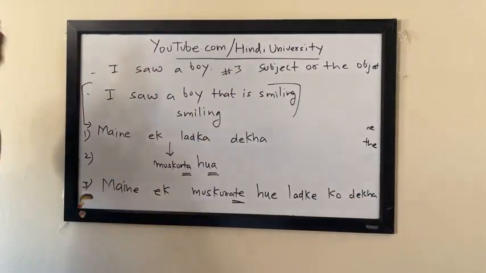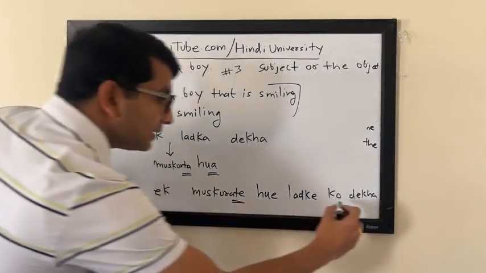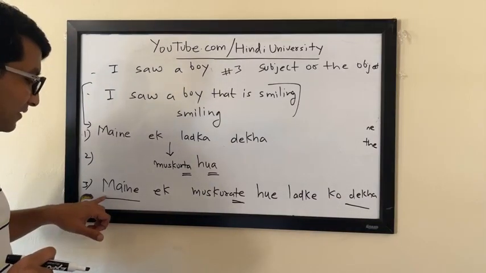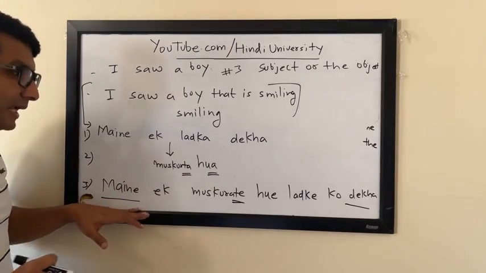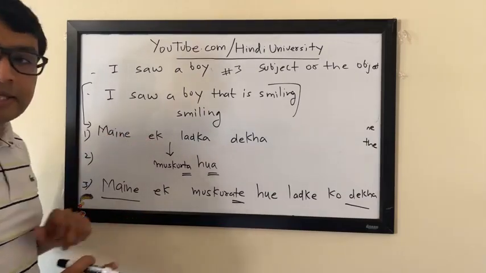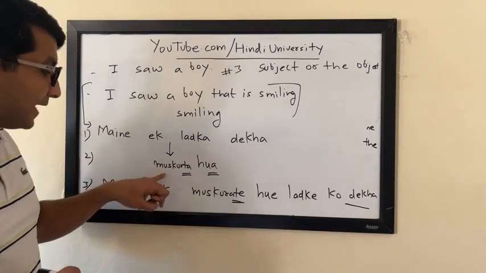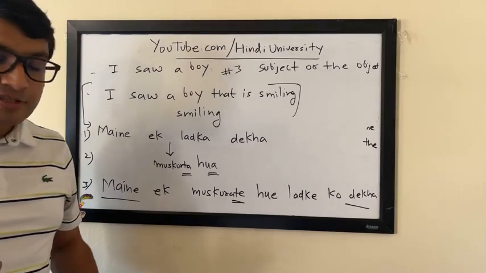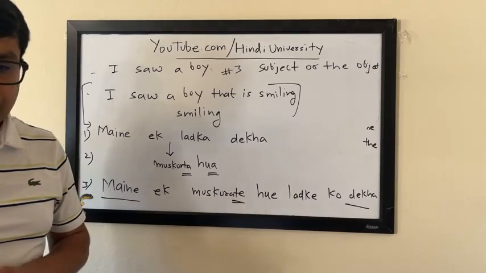Okay, for beginners, bear with me, this can be really complicated. So really the basic sentence was मैंने देखा, I saw. That itself is hard sometimes, like, how do you put ne here? मैंने देखा. Okay, that's what you started with. Then you said, आपने क्या देखा? मैंने एक लड़का देखा. Then you said मैंने एक मुस्कुराता हुआ लड़का देखा. Okay. I saw a boy while he was doing that activity.